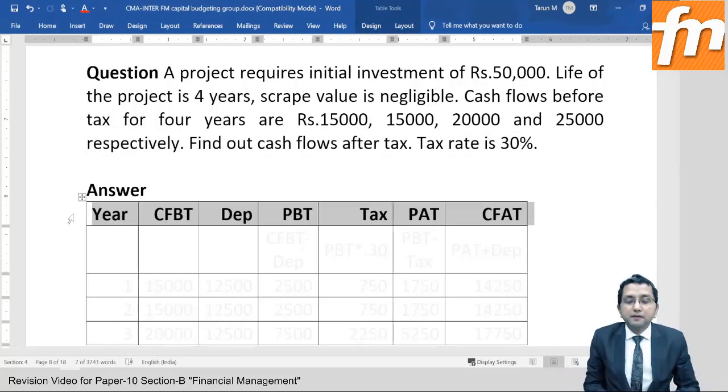See, if it is a single year's calculation, I'll make a statement. One, wide column for particulars and one narrow column for amount if a single year's calculation is required. But if the calculation is required for multiple years, then I'll prefer to make a table, not a statement. When I say statement, particulars, amount. When I say table, it may be year 1, 2, 3, 4, so on, right?